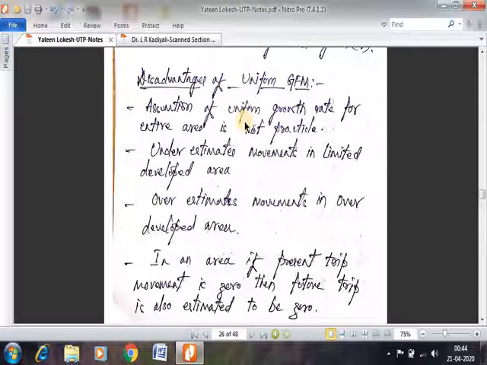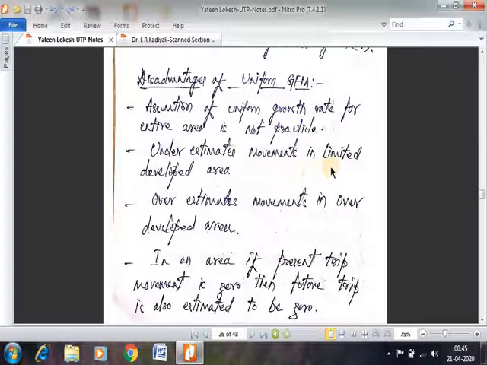Now I have been giving you plenty of examples of Bangalore city itself. So we have plenty of areas in Bangalore city. The growth that is happening in each of these different areas might not be the same. Different areas will be growing at different rates. So assuming that the whole of Bangalore is going to develop at the same pace is not practical.